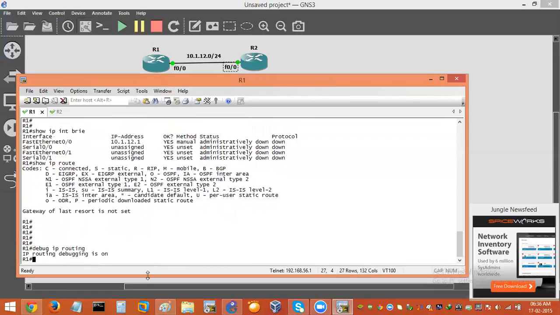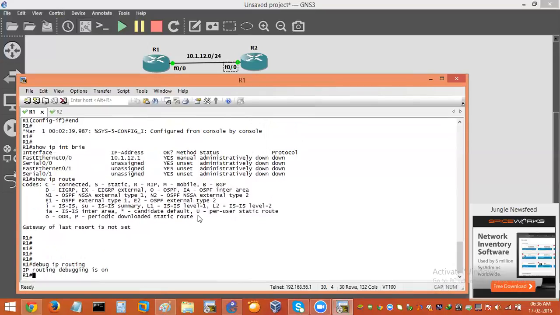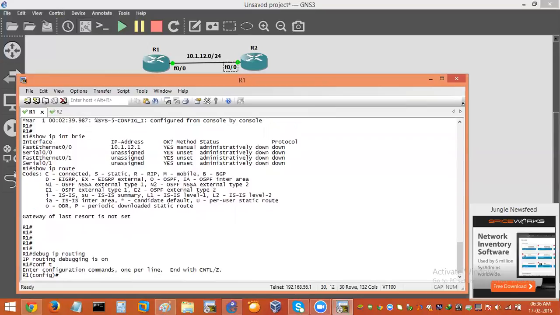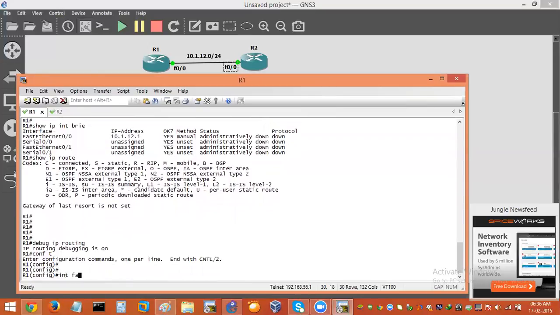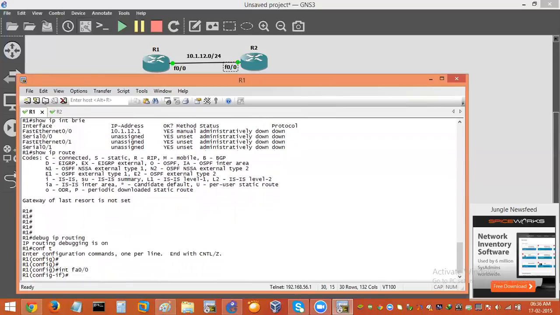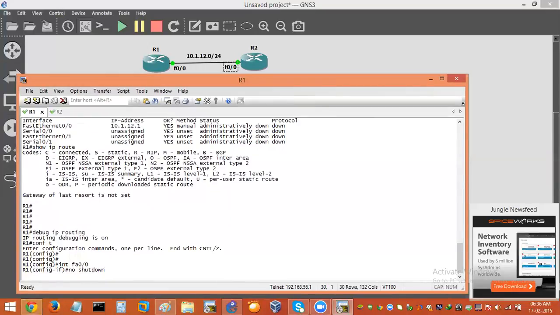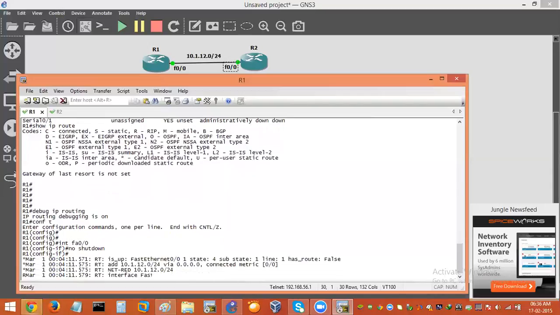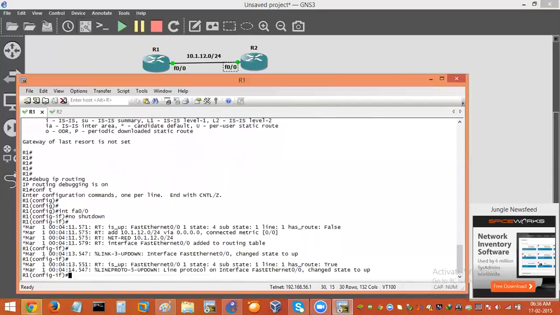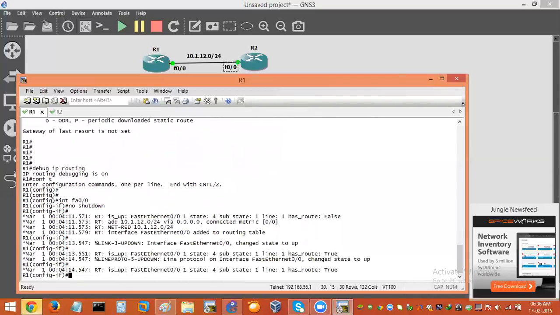Okay, so to see this here, I'll go to global configuration mode again, and I'll go to interface FastEthernet 0/0, and I'll say no shutdown. So as soon as you hit no shutdown, what is going to happen on R1? You can see that the debug output is coming right now, and you can see that interface is going up. And when that interface goes up, I'm adding a route